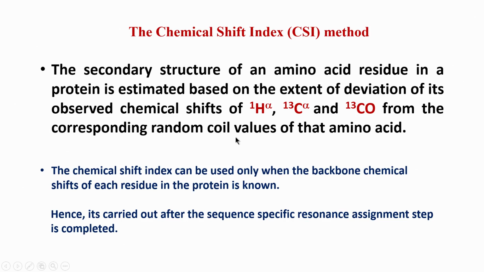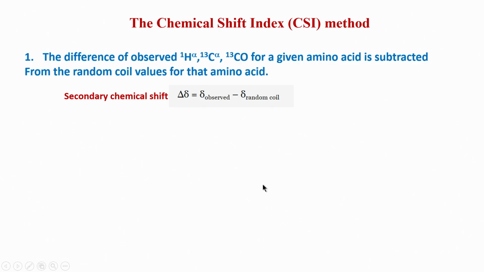For example, let us say you have 4 alanines in your protein and you do not know which alanine chemical shift is which amino acid in the protein. So, you cannot then determine the secondary structure, because for those 4 alanines you really do not know which is alanine 44 or alanine 63 or alanine 20 etc. Therefore, it is important to first finish the whole job of sequence specific assignment, which we saw in the previous lectures, and then come to the CSI method. So, this is the most important point.